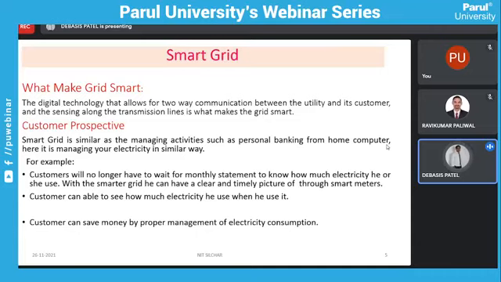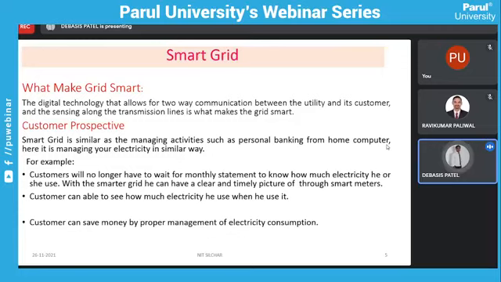That means you have a clear picture of your consumption through your smart meters, because in the smart grid smart meters are mostly used. The smart meter gives you all the information, like what amount of energy you are consuming, what the unit price is at this moment, and what the power factor of your loads is. All this information will be displayed on smart meters, right? We will see what smart meters are in our incoming slides.